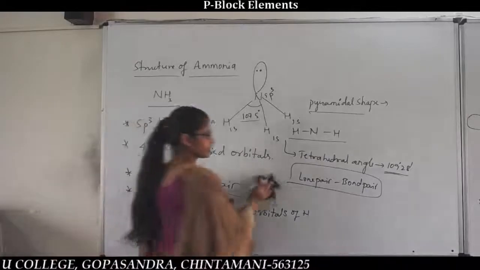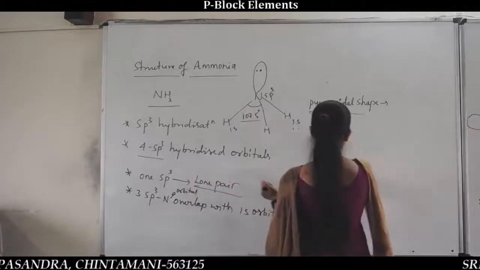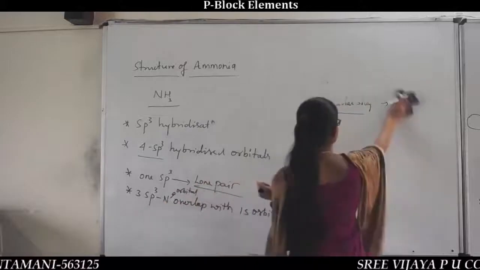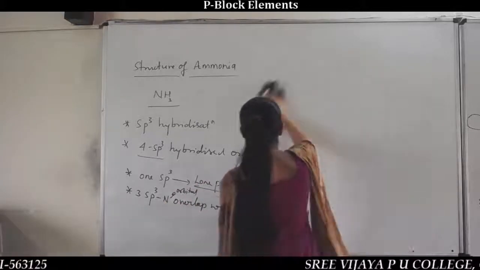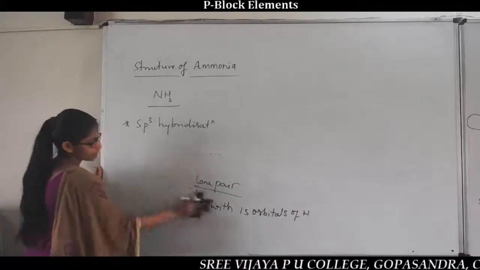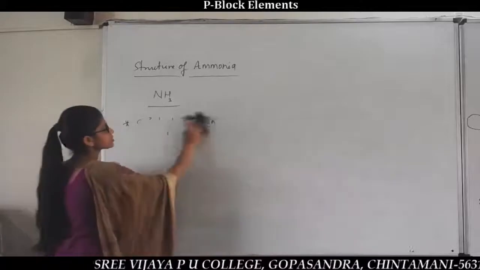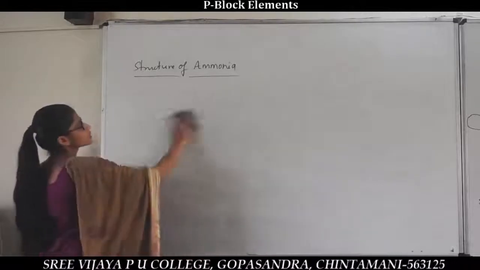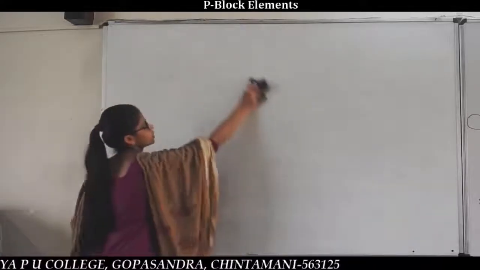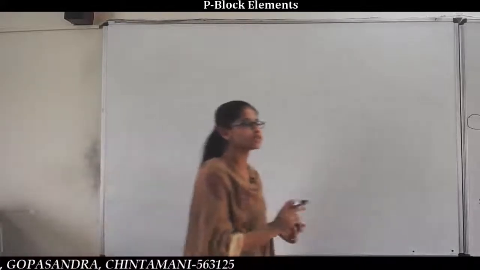The next one is the preparation of ammonia. We have already studied some processes for the preparation of ammonia. Yesterday in class we discussed one of the processes. It is also one of the chemical properties of nitrogen atoms. When diatomic nitrogen reacts with hydrogen, it gives rise to ammonia. So it is one of the chemical properties of the nitrogen molecule. The nitrogen molecule reacts with hydrogen to give ammonia.